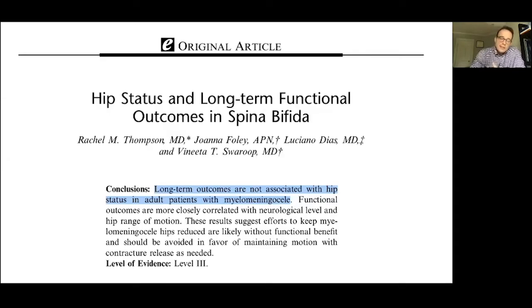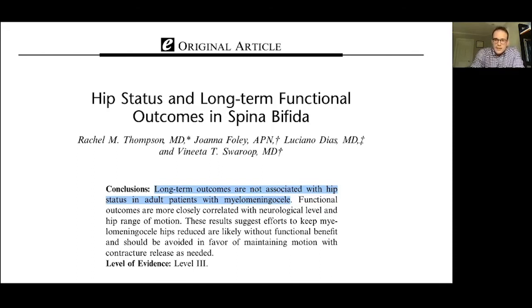So we look at disease conditions that have some similarities, namely spina bifida. The role of hip status and functional outcomes was looked at in spina bifida. Again, spina bifida is absolutely not AFM, but it is a similar paralytic condition with a wide variety of phenotypes. They looked at a series of patients with an average age of 31, and they found that neurological level correlated with function. Hip in or out did not affect the outcome, and it did not change quality of life or functional status. And so this group of docs, who's a very experienced group, recommended not putting the hips back